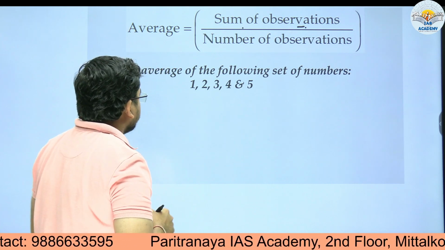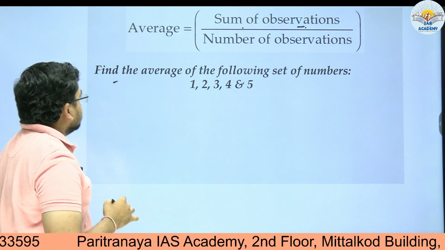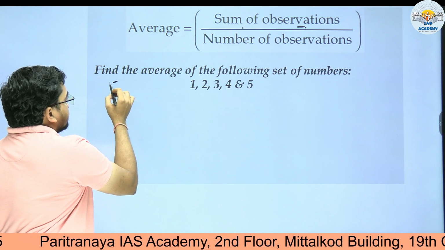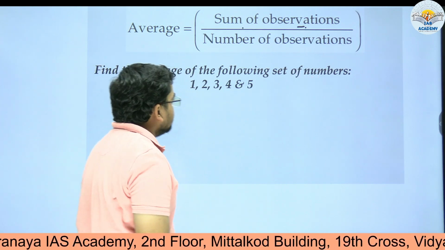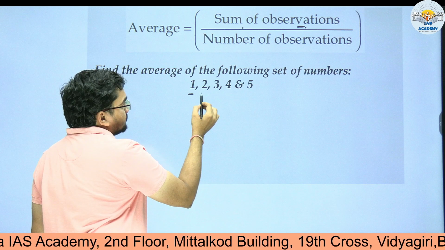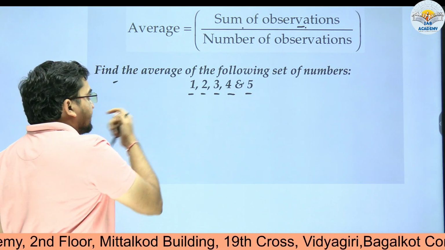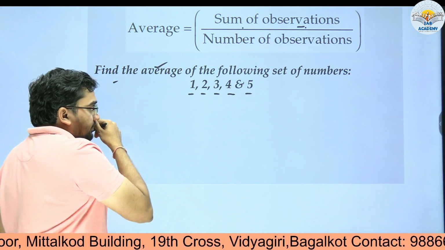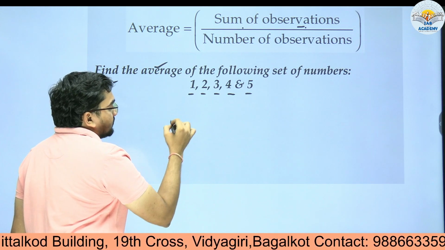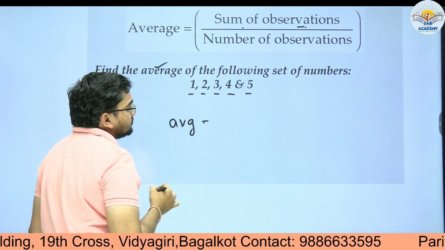For example, to clarify, let us take this question. It says: find the average of the following set of numbers. They have given the numbers 1, 2, 3, 4, 5, and they are asking what is the average of it. To find the average, let us apply the formula. AVG means average, it's the short form. Average is equal to